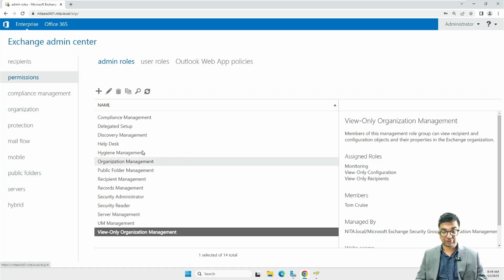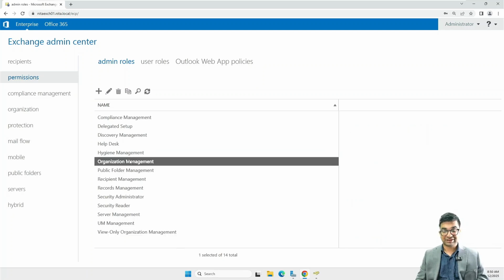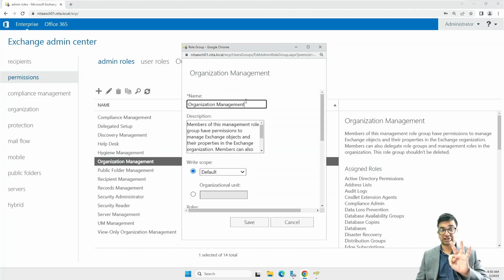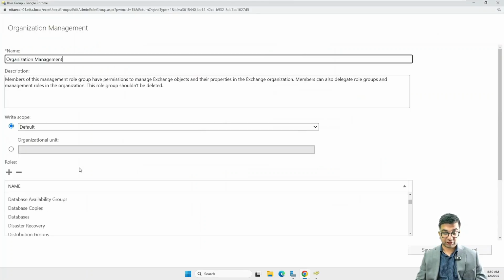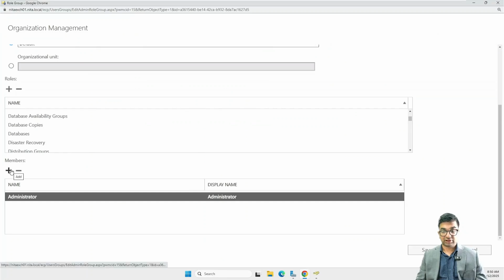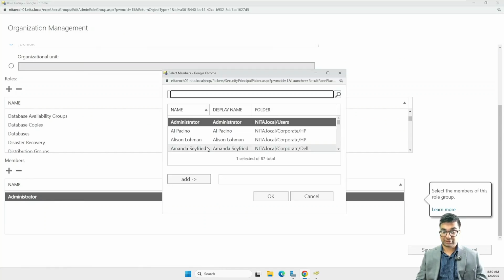Now, one last thing before we forget, while we added the other three users to one of these groups as well, for organization management, because we created 4 users, I only added 3. For the 4th user, under organization management, I'm going to scroll down, click on, and you see this one already has the administrator as a member. So I'm going to add another member here. Add,